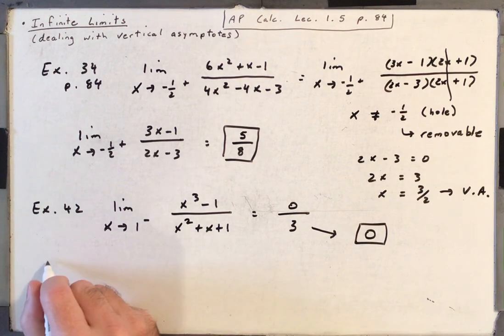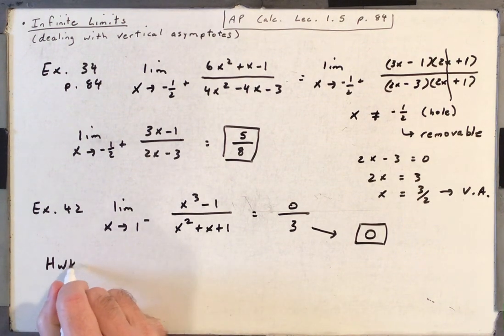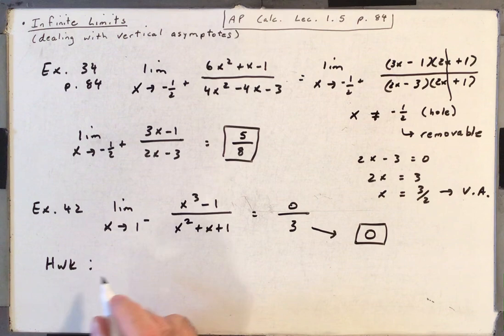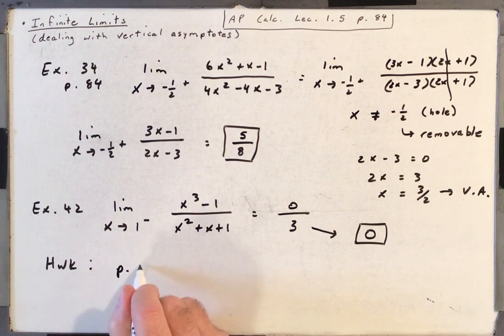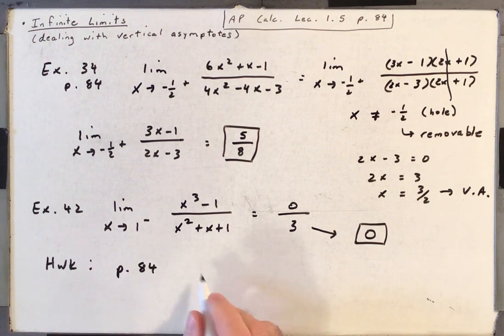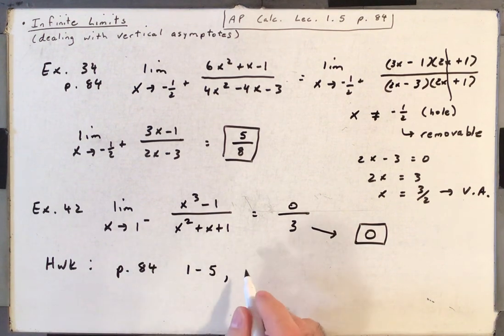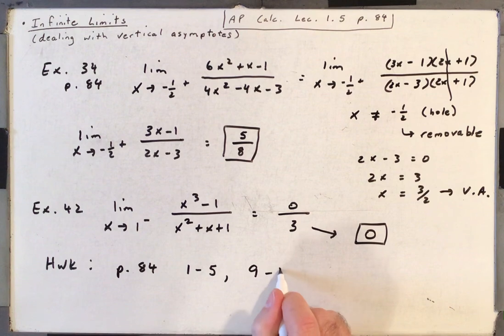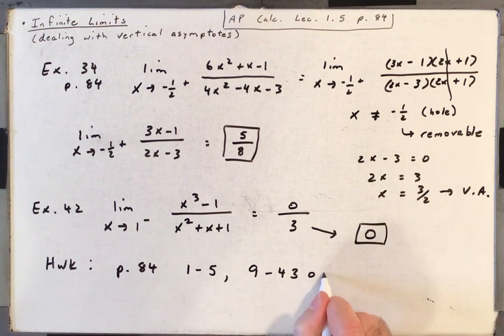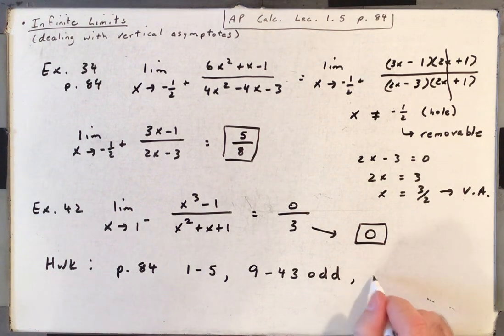Okay, the homework from this section. A lot of this homework is really short. It's page 84. You can do 1 through 5, so do both the odds and evens on 1 through 5. 9 through 43, but the odds only. And the odds are in the back of the book, so you can check your work. And then